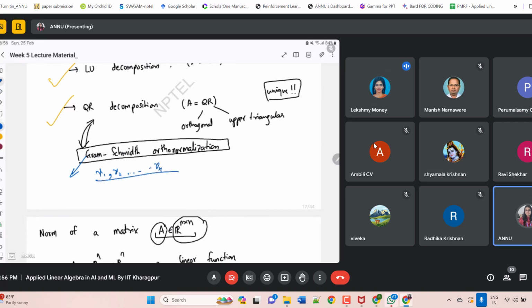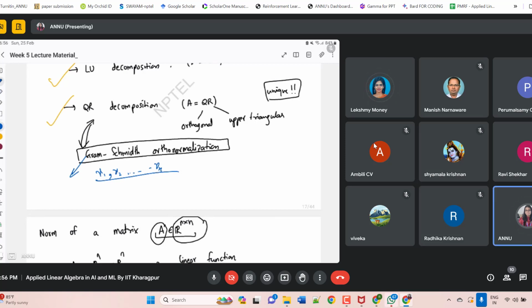Ma'am, one doubt. Yeah. Is LU decomposition of a matrix unique? According to what I learned from some other YouTube channel, there are two methods. One is Crout's method and the second is Doolittle's method. So LU decomposition can be several. It's not that for a matrix, LU decomposition is unique. Am I wrong? Is it always unique?